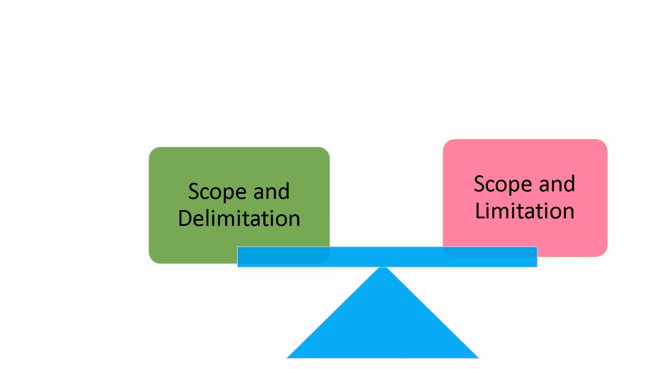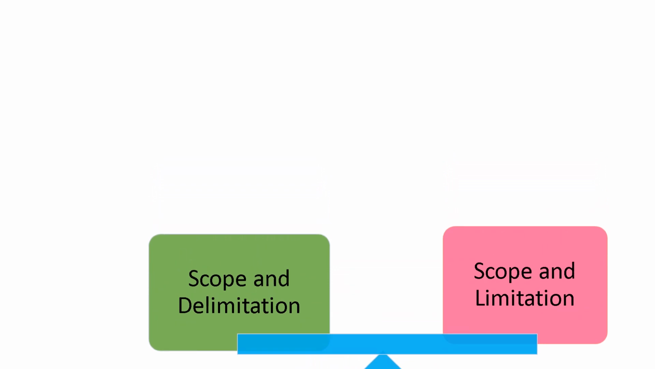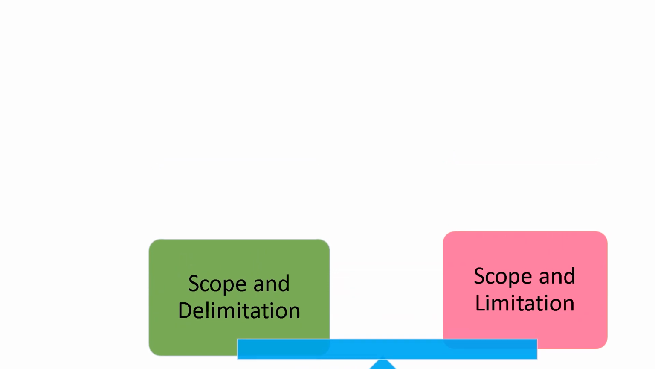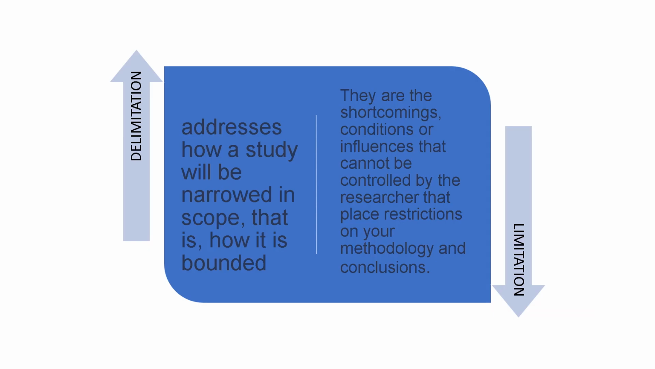Scope and delimitation or scope and limitation. So we are going to explain why there is delimitation and limitation. Delimitation addresses how a study will be narrowed in scope. That is how it is bounded. Limitations are the shortcomings, conditions, or influences that cannot be controlled by the researcher that place restrictions on